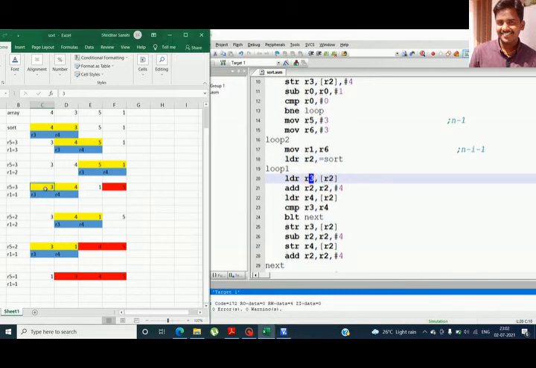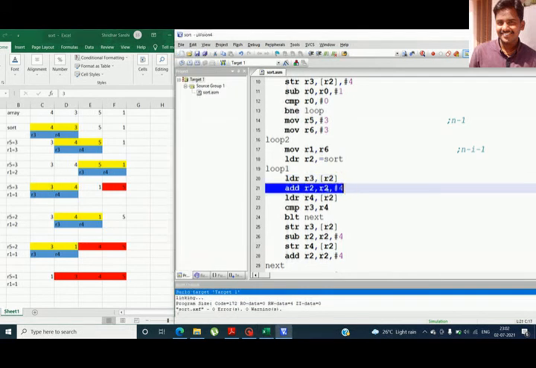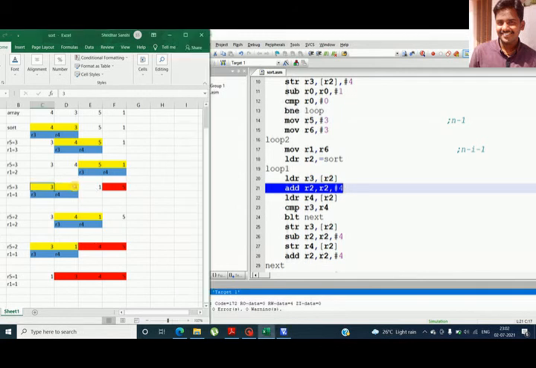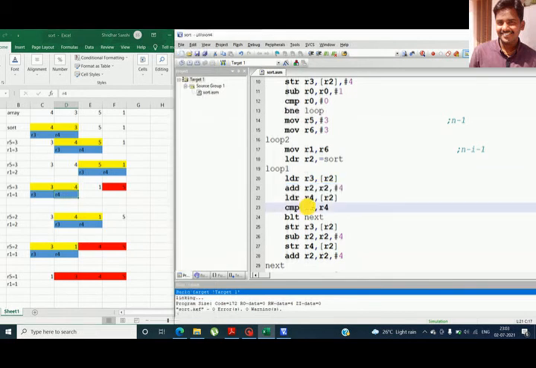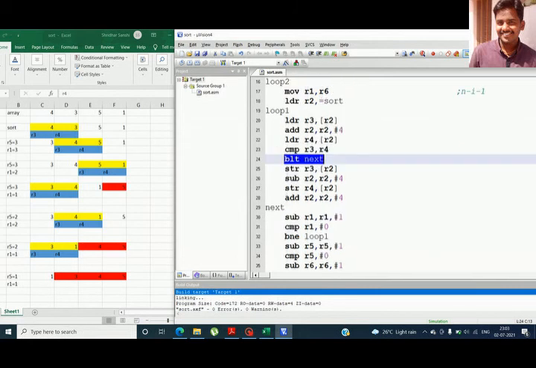R3 has 3. Then we increment the address so it points to the next location, that is 4, which we copy into the register R4. Then again we compare, and based on this less than, we swap, otherwise we do not swap.